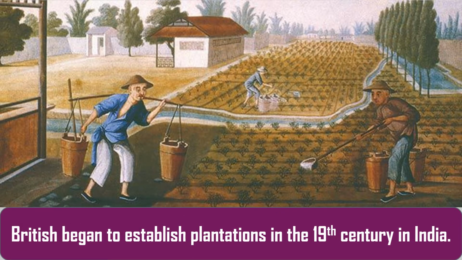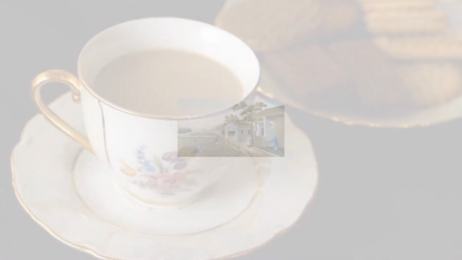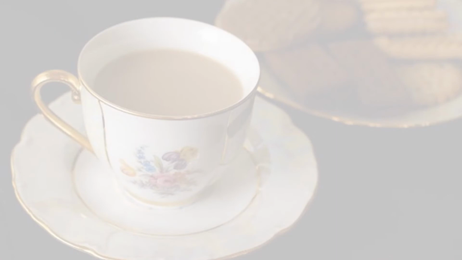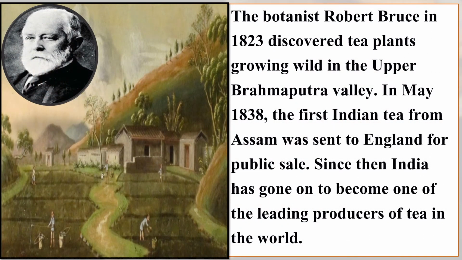See, before the British came here, the tea was not drunk for pleasure. But when the British came here in India, they began to establish plantations in the 19th century. You can see here, but still the British East India Company made several unsuccessful attempts to grow tea in Bhutan and Assam with the seeds they brought from China. Although these attempts all failed, then here you can see the picture of botanist Robert Bruce.